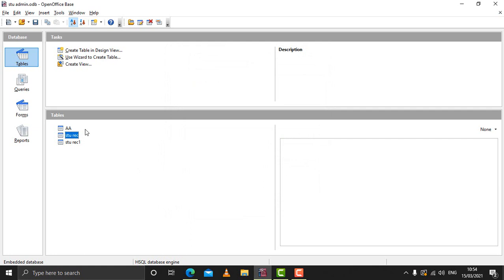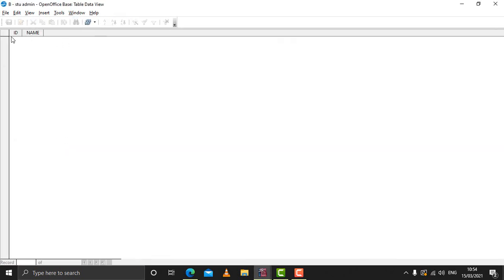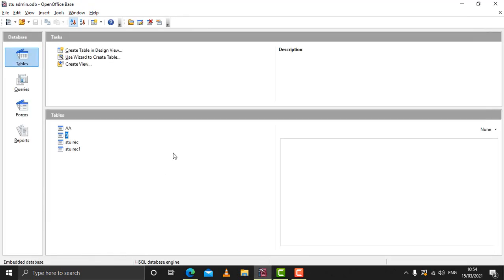But you can see no table is there with the name b here. If you want to see this table you need to go to View, click on View, and then click on Refresh Tables. As you click on refresh tables you can see table b appears here. Double click on the table and you can see the table created with the SQL command is here. Now we can perform a number of actions on these tables using SQL.